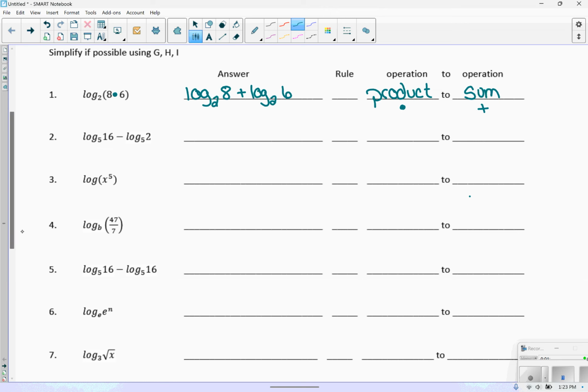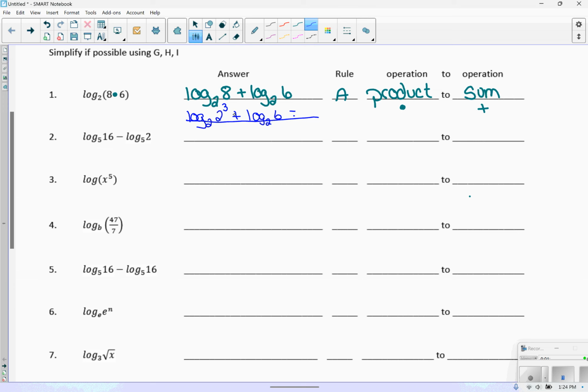And let's see, this was rule A. Now, I did say simplify completely, and ideally I should have given you another answer blank here, because we can come in here recognizing that 8 is 2 to the third. Now, log base 2 of 6, there's not anything we can do short of going to decimal, but we do know